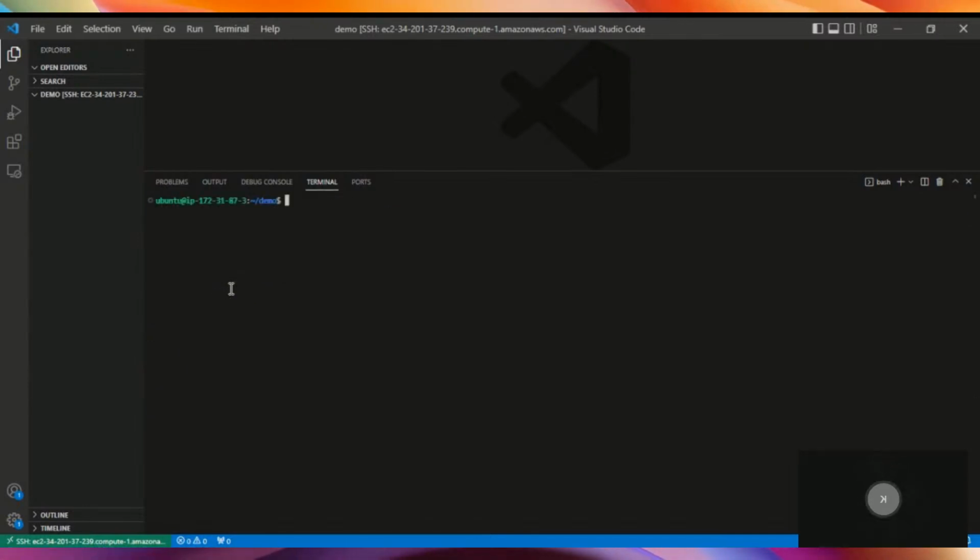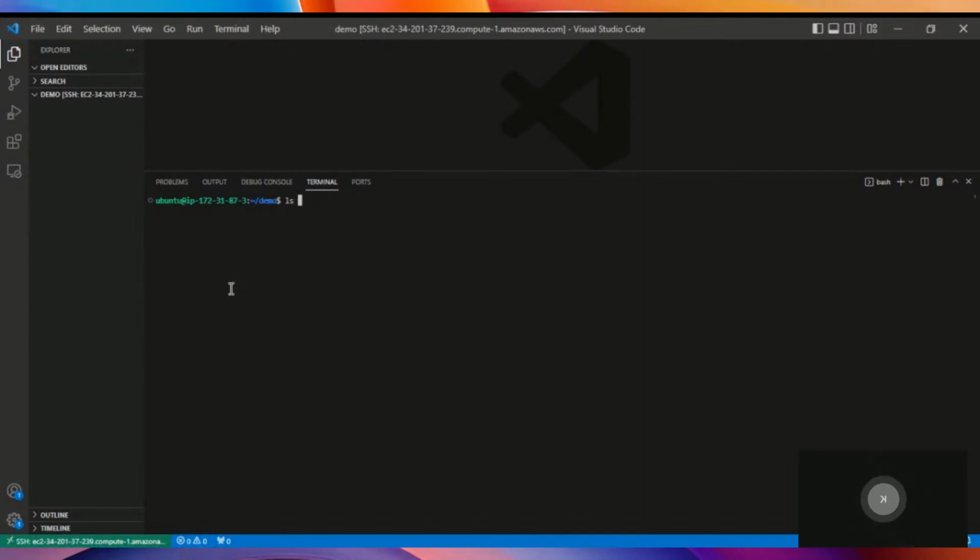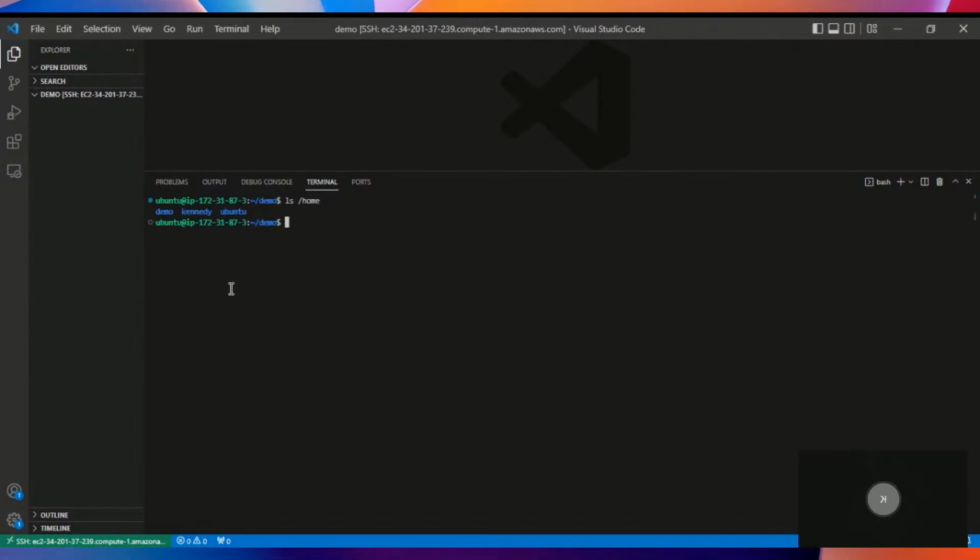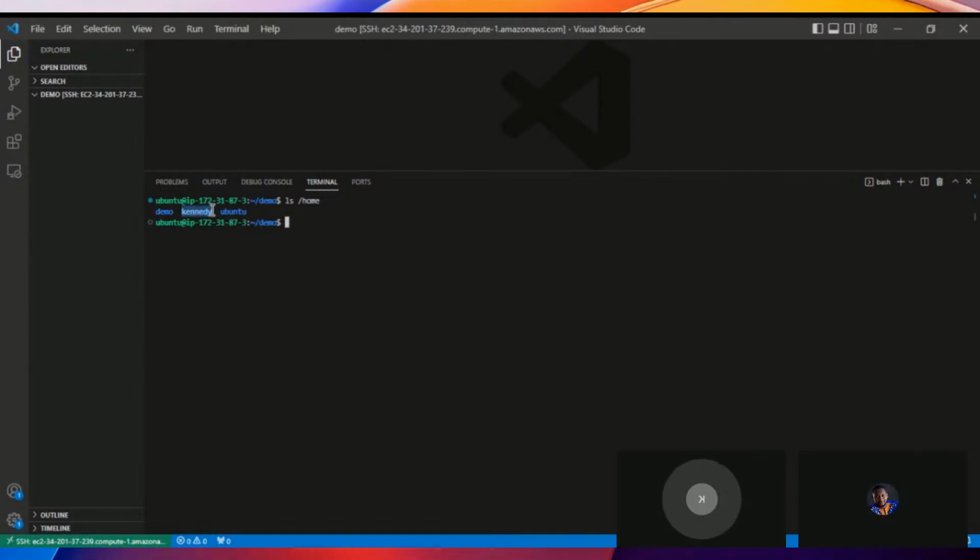So let's try and list the directories we have in that home. If you list the directory, you see that there is a user directory. Inside this user directory, if you cd into it,